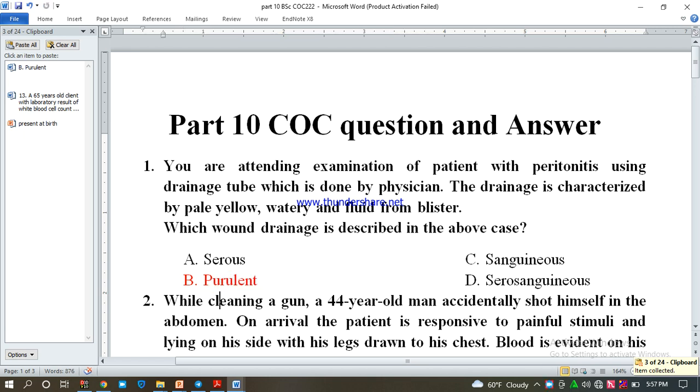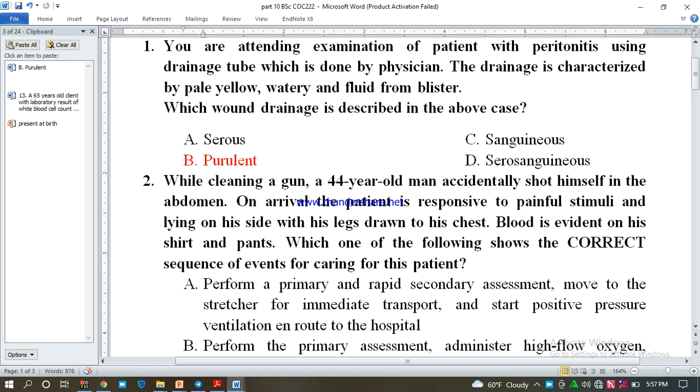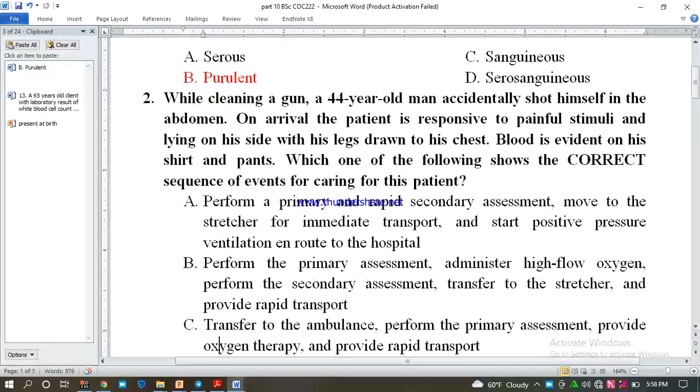ቢ ላይ የተቀመጠው ትክክለኛው መልስ ነው ማለት ነው። ሌላው ሁለተኛው ላይ: while cleaning gun, 44 years old man accidentally shot himself in the abdomen ነው። እዚህ ያው መሳሪያዎችን ያጸዳ ባለበት ሰዓት የ44 አመት ሰው accidentally ራሱ ላይ ወደ abdomen part ላይ ተኮሰ ነው። And on arrival the patient responsive to painful stimuli and lying on his side with leg drawn to his chest, and then the blood is evident on his shirt and pants አካባቢ ላይ በጣም bleeding አለ። Which one of the following show the correct sequence of events for caring for this patient ማለት ነው